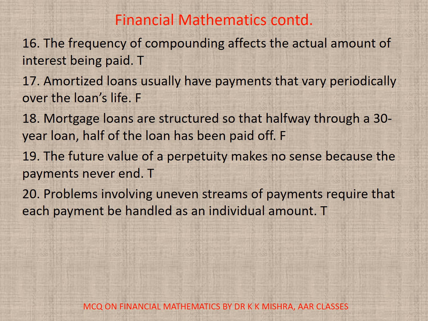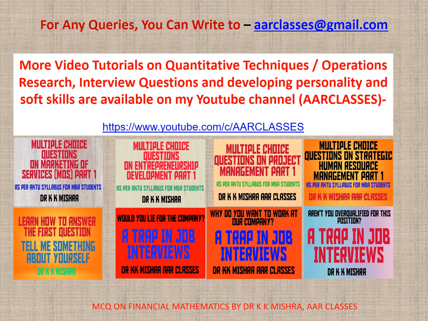17. Amortized loans usually have payments that vary periodically over the loan's life. It's false. 18. Mortgage loans are structured so that halfway through a 30-year loan, half of the loan has been paid off. False. 19. The future value of a perpetuity makes no sense because the payments never end. It's true. 20. Problems involving uneven streams of payments require that each payment be handled as an individual amount. It's true. So this was all about this particular video tutorial, where objective types, meaning true or false type questions,